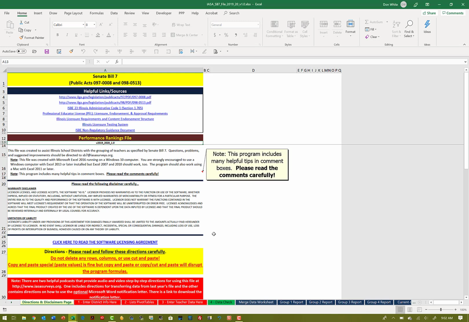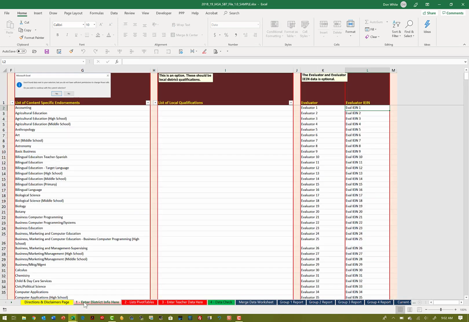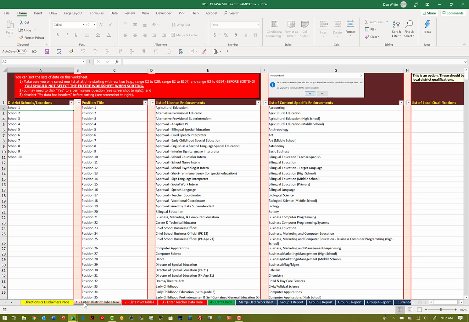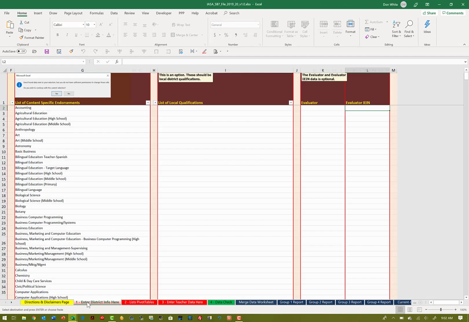The first step in the process is to go to the Enter District Info here and begin copying and using paste special or paste values to get the data from last year into the most recent file. So I'm going to highlight the schools and locations and copy that data and go to the new file, Enter District Info here,